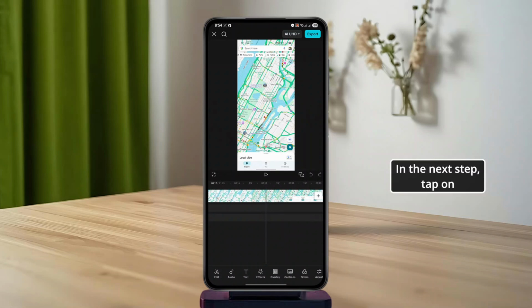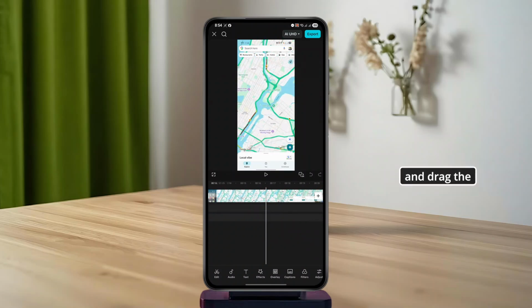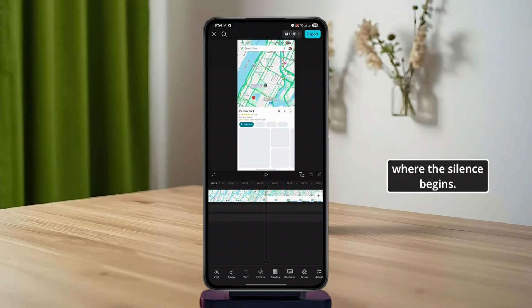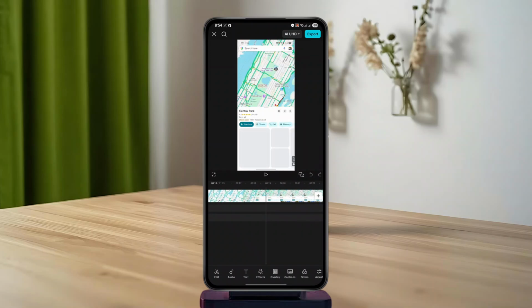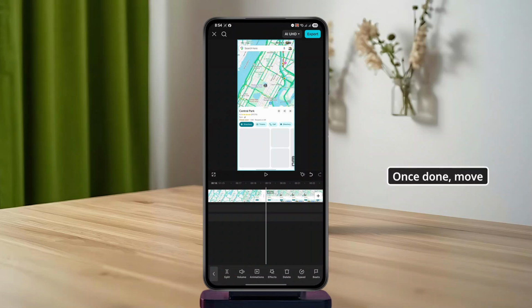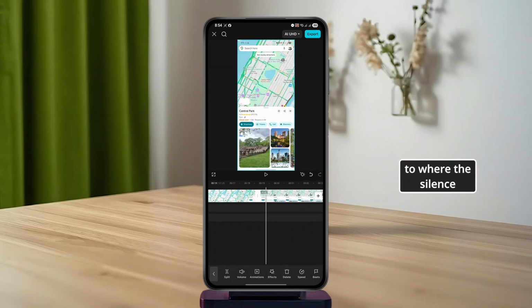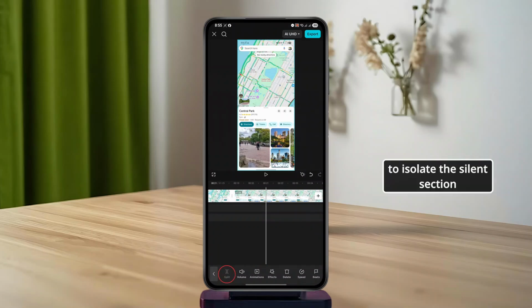In the next step, tap on the clip in the timeline and drag the playhead to the exact point where the silence begins. Following this, tap on Split to cut the clip right at that point. Once done, move the playhead forward to where the silence ends and tap Split again to isolate the silent section